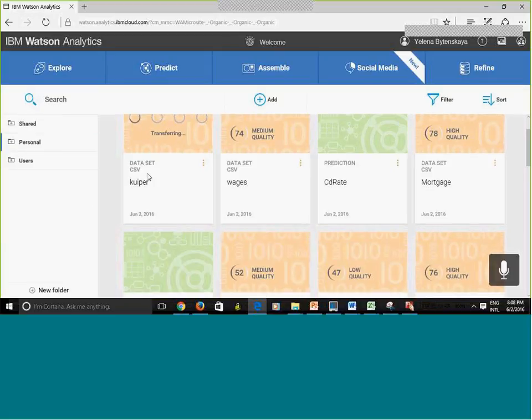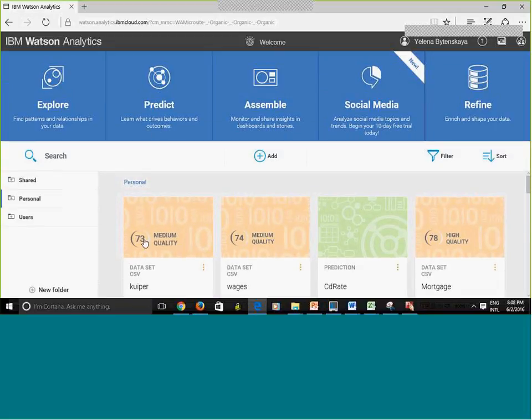Here it is showing me that my data set is in CSV format, and here I'm going to see the date, today's date. Now it looks like it's finished loading, and this number is a data quality score. The data quality score tells us the quality of the data, and it's determined by whether the data has missing values, the skewness of each variable, the outliers, and more.